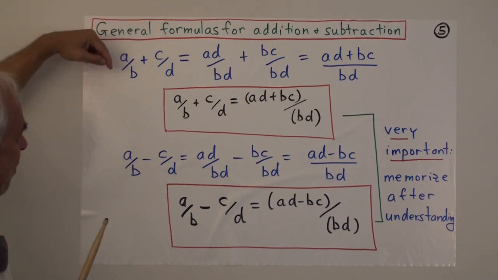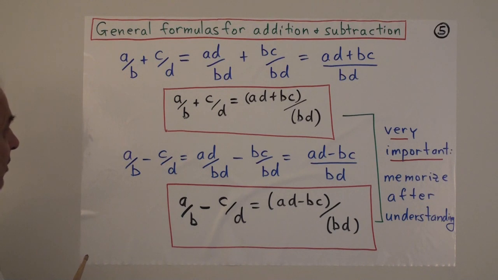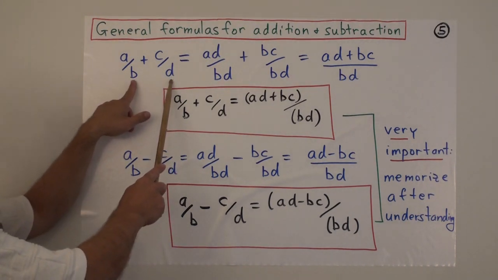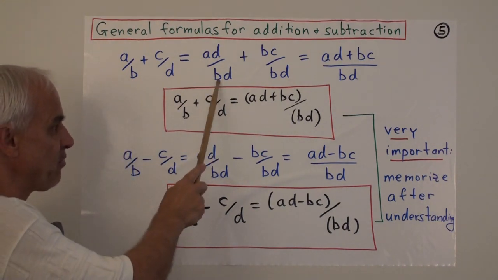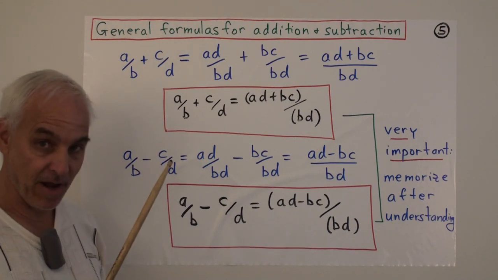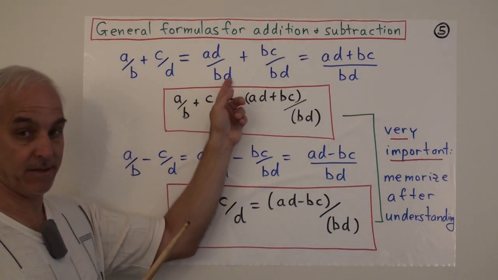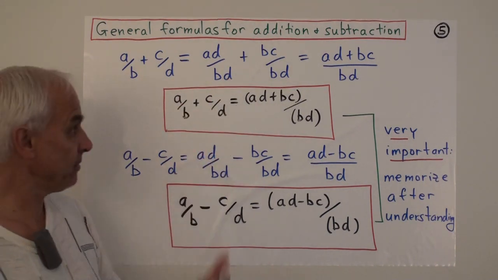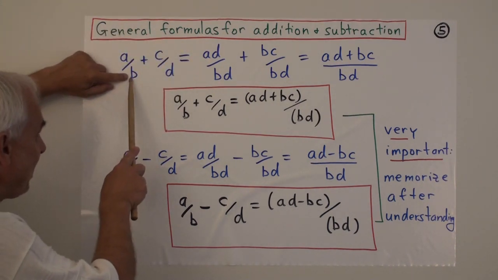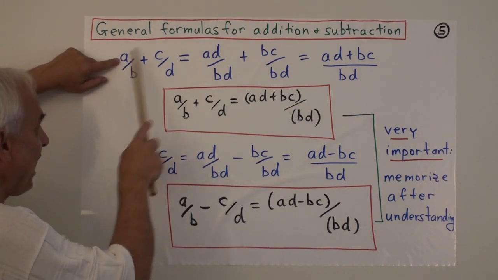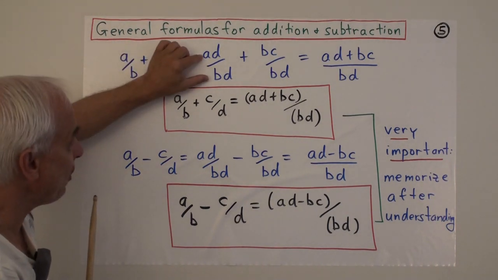Well, remember what we're going to do is we're going to look for a common denominator. What's the common denominator that we're going to use? It's the product, b times d. And I remind you that when we're talking about letters, we usually just put BD, not the times sign. So when I put BD together like that, it means the number B times the number D, whatever B and D happen to be. We want to multiply top and bottom by D. That will get the B into the form BD, and we'll take the A into the form AD. So A over B is the same as AD over BD.